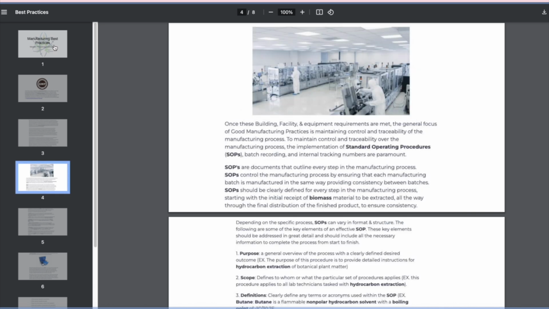All right. Once these building, facility, and equipment requirements are met, the general focus of good manufacturing practices is maintaining control and traceability of the manufacturing process. To maintain control and traceability, the implementation of standard operating procedures, SOPs, batch recording, and internal tracking numbers are paramount. SOPs are documents that outline every step in the manufacturing process. SOPs control the manufacturing process by ensuring that each batch is manufactured in the same way, providing consistency between